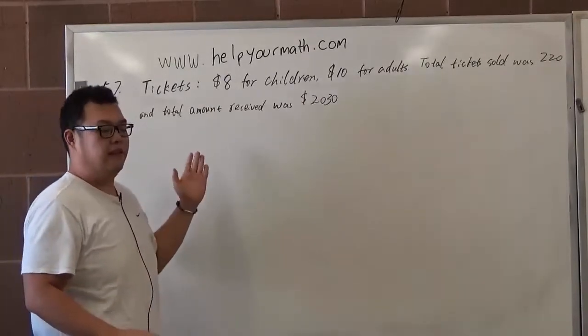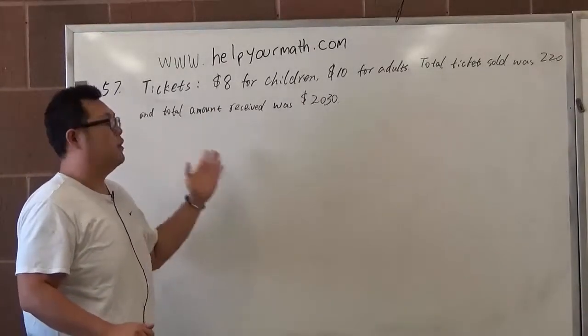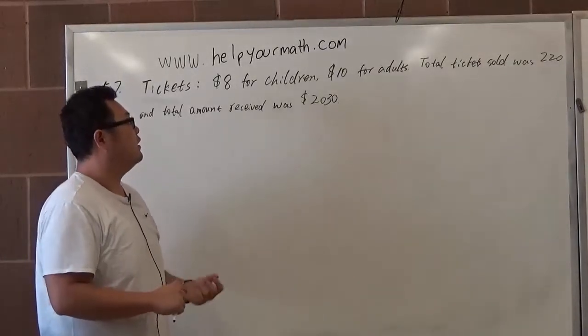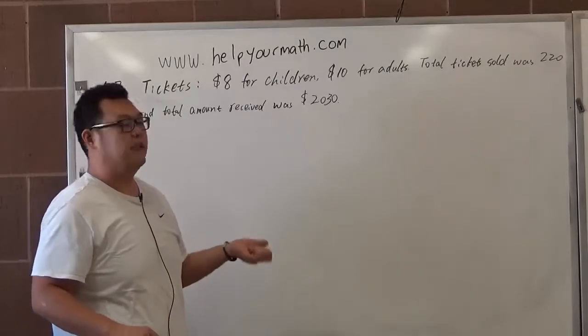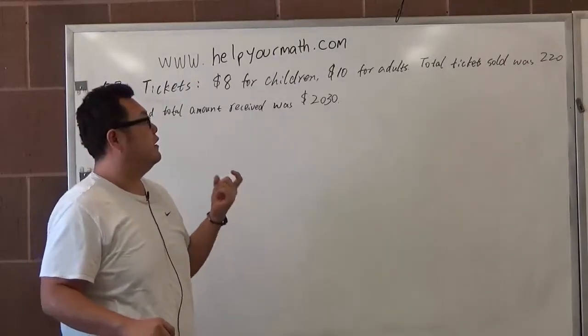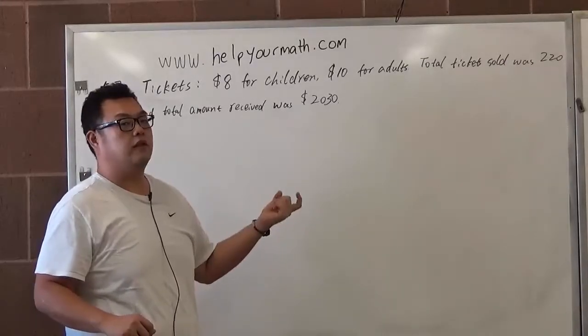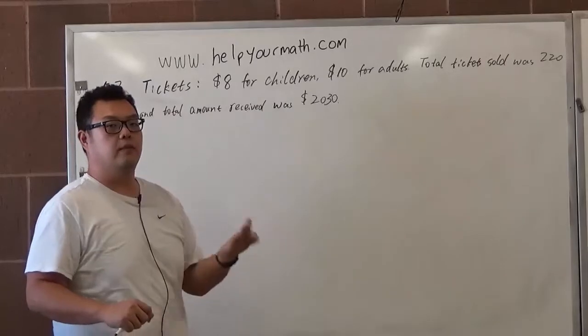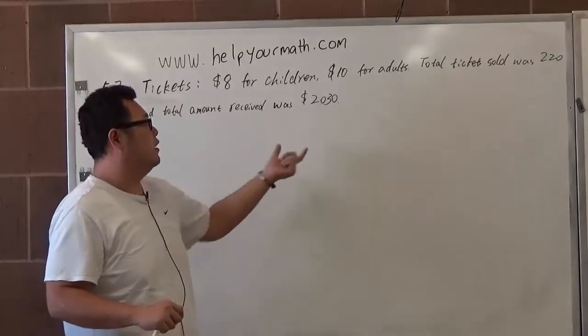Right, let's see about number 57, what do we have here? The basic thing I put on the board already. We have tickets, two types. For children, that's $8 each, and for adults, that's $10 each. The rest of the information they give us is that the total tickets sold was 220 tickets, and the amount of money we made from those tickets was